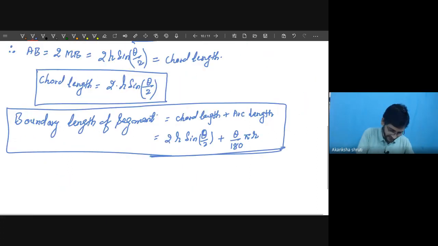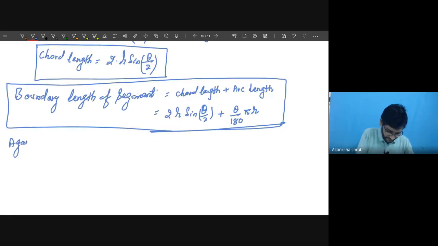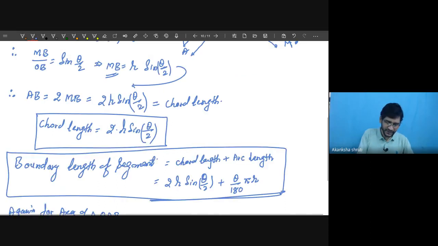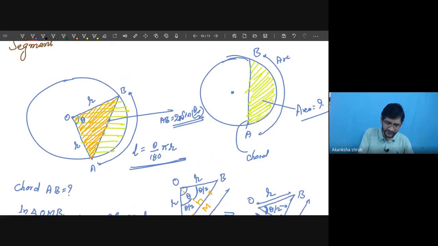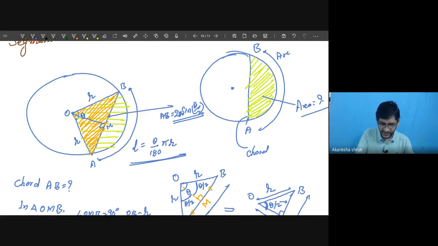So, again, for area, why is this next calculation we are doing? For the area of triangle OAB. Getting this one? Here we are observing, for getting the area of triangle OAB, AB is our base, so I need the perpendicular over AB. This perpendicular I have taken as OM. This is drawn in this figure.